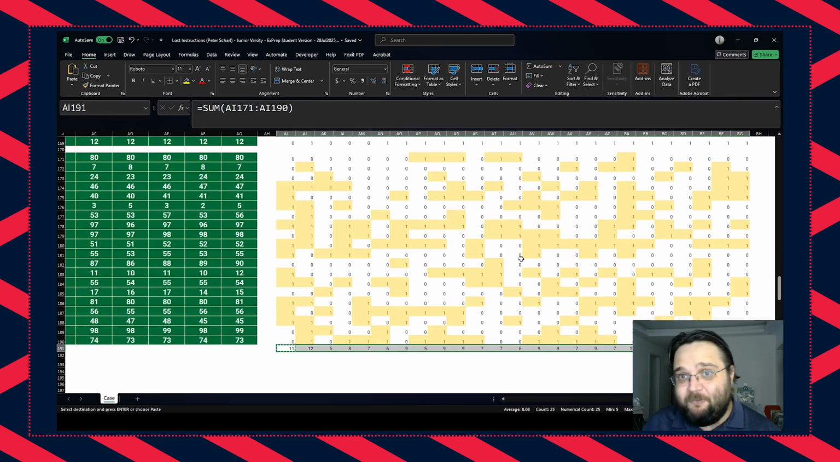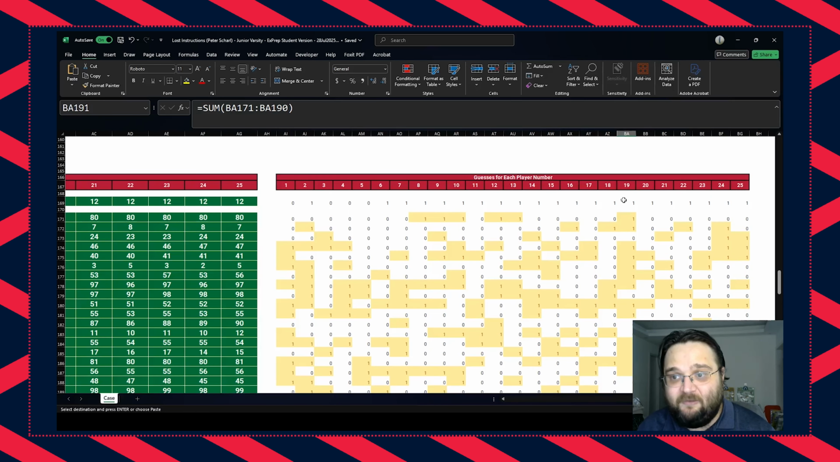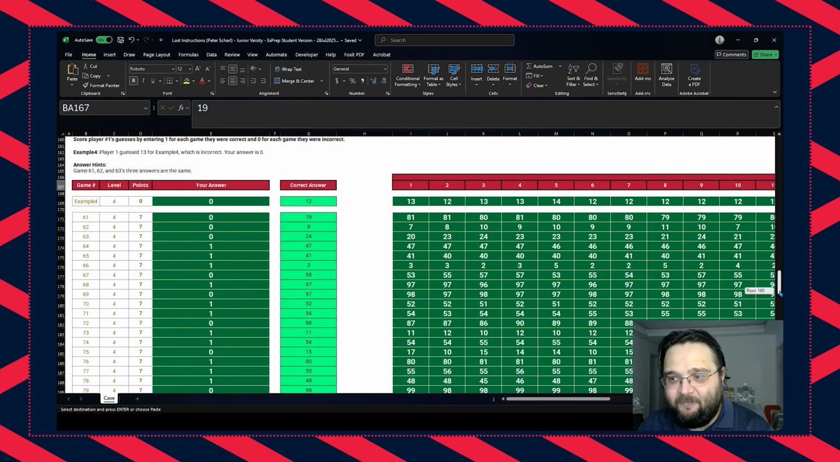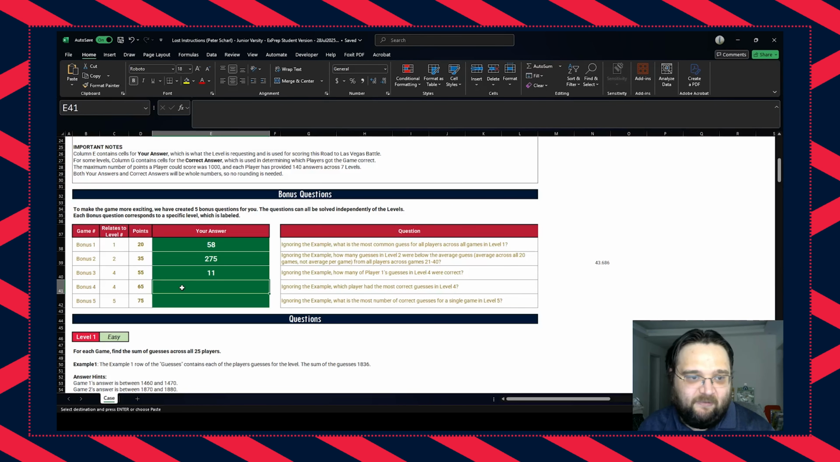Now, if you've set up your Excel status bar, you can set it up to show you a bunch of statistics related to the numbers. So mine shows the average, the count, the minimum, and the maximum. So here I could see the maximum is 13, and I can see that 13 is right there. That is player 19. So I'm going to go ahead and copy player 19's number and paste it in for bonus 4. Final bonus. Ignoring the example, what is the most number of correct guesses for a single game in